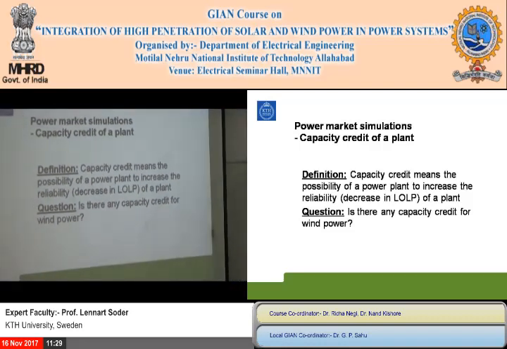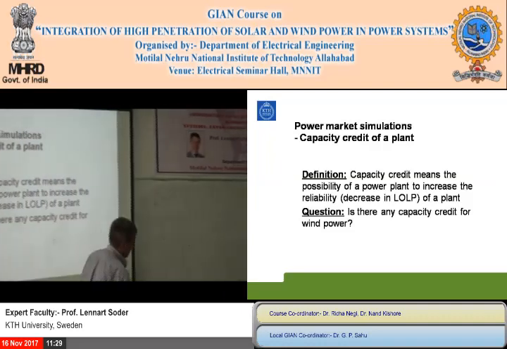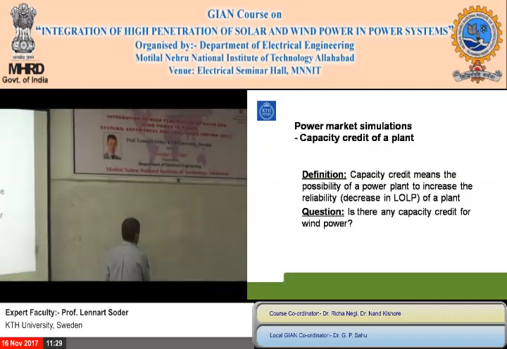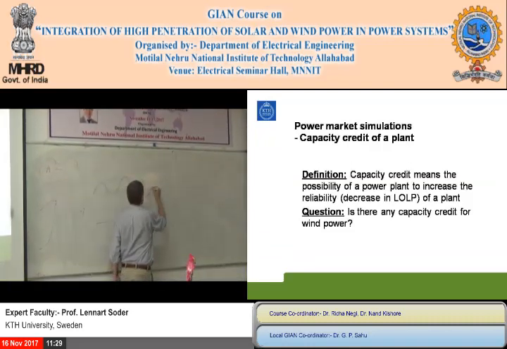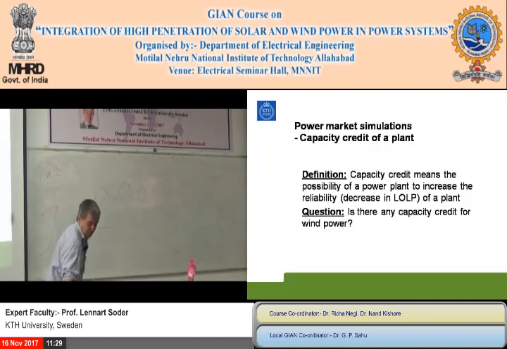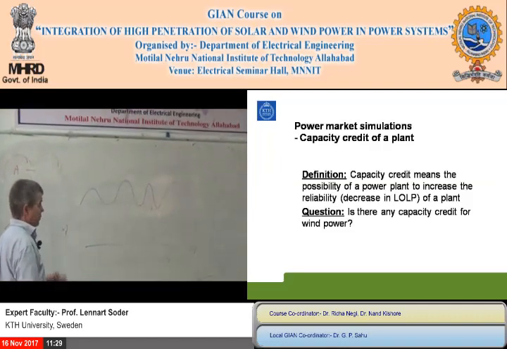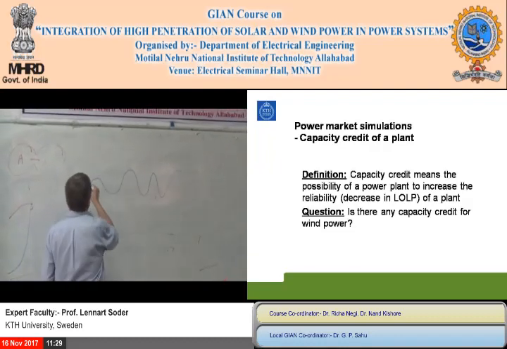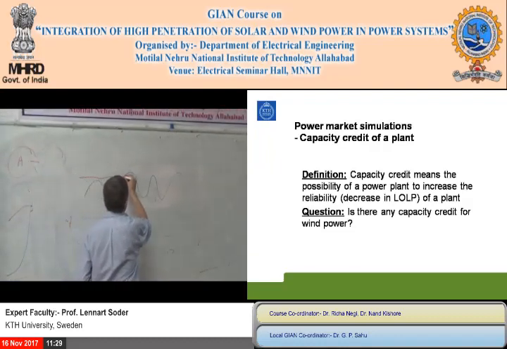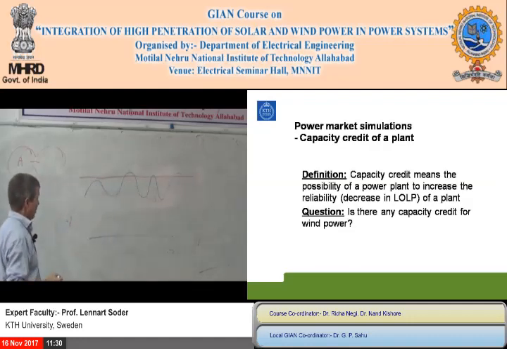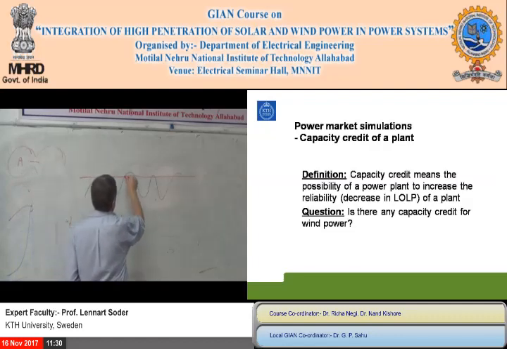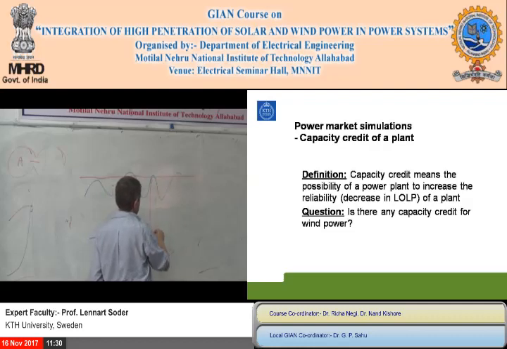Let's say you have in a certain power system a certain capacity deficit. You can just make a simple example. We have the demand is something like this. And then let's say we take a pure thermal power system. And then we have a capacity like this. Okay, and it's 100% reliable. Here, we get a deficit. Here, we get a deficit. And here,